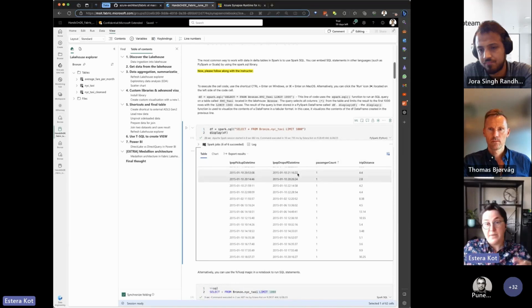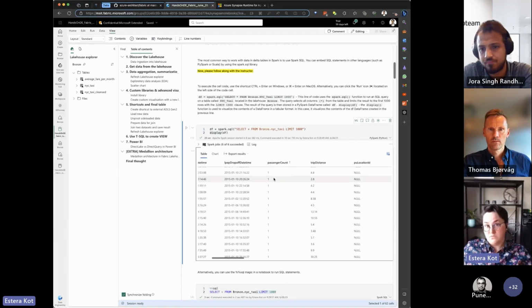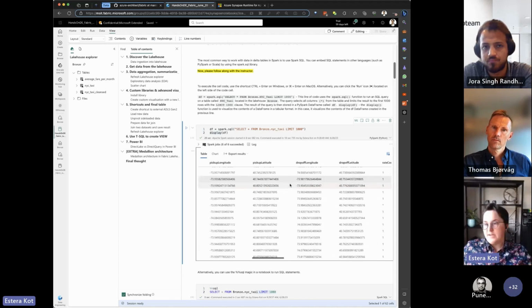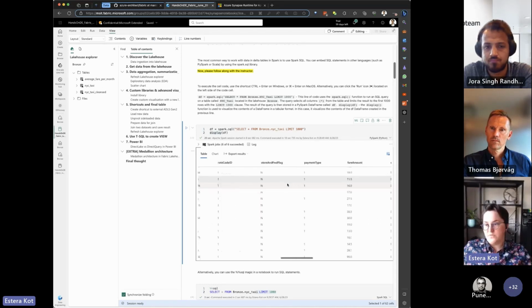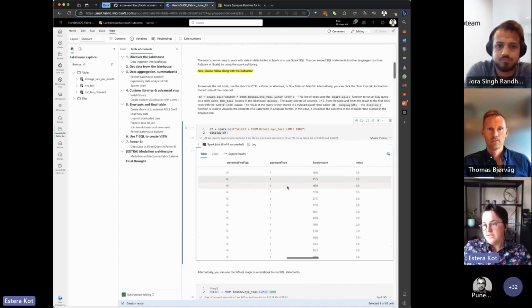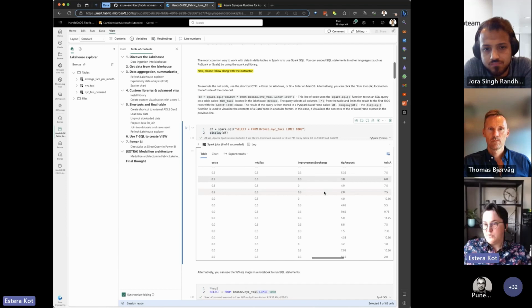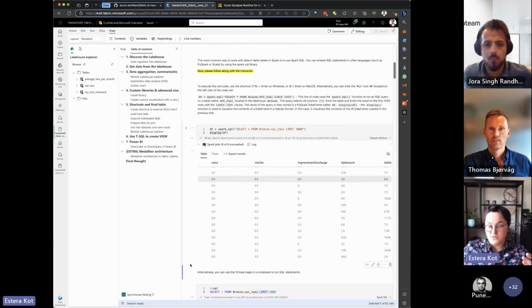Some passengers, how many people were driving there, distance, and so on. But the most important part, let's assume that we are Uber, is what is the fare amount, and also what is the tip amount. And sometimes you can find that specific companies are offering specific discounts, and those discounts are invisible for the drivers, but visible for the users.